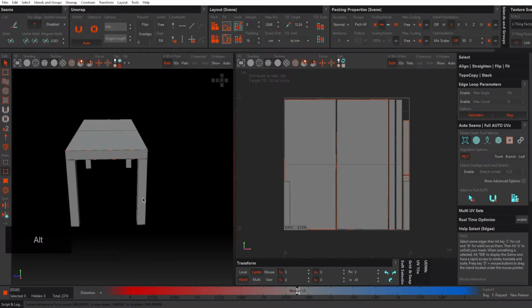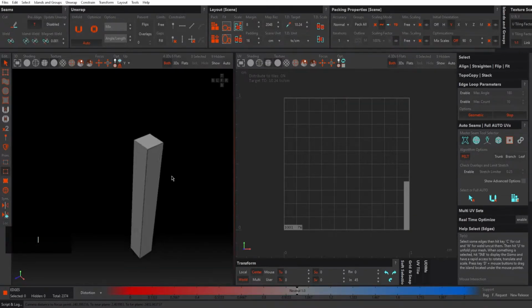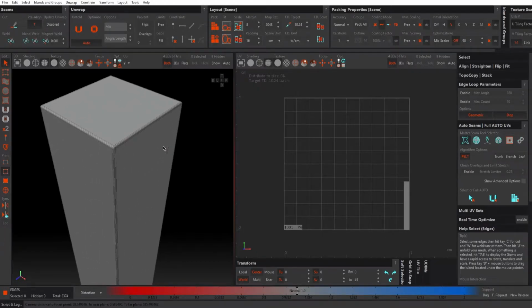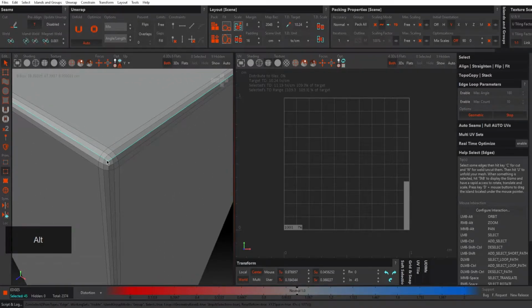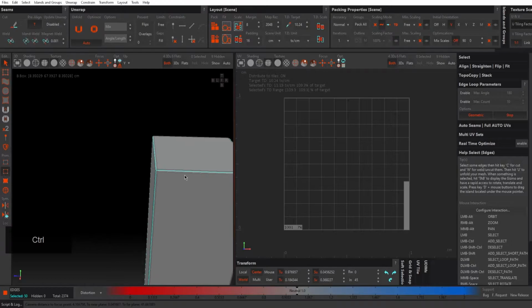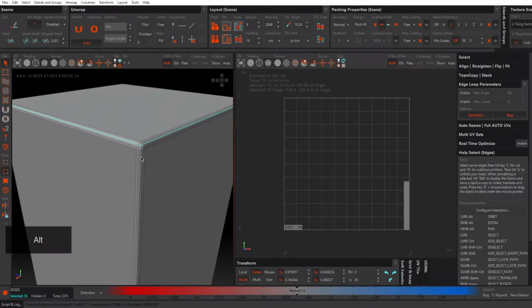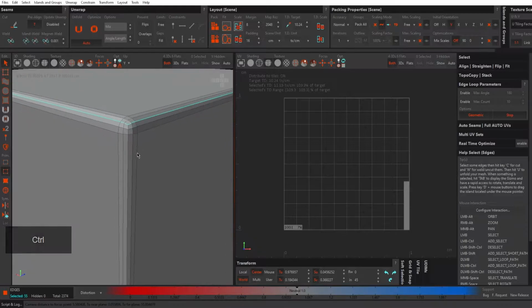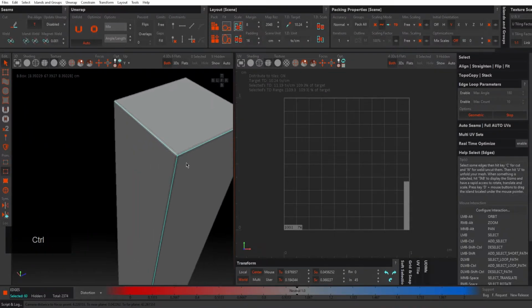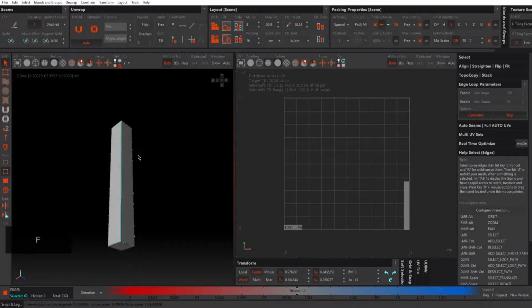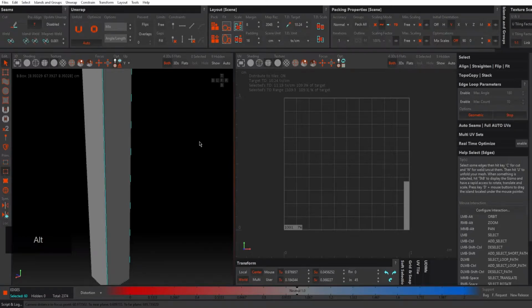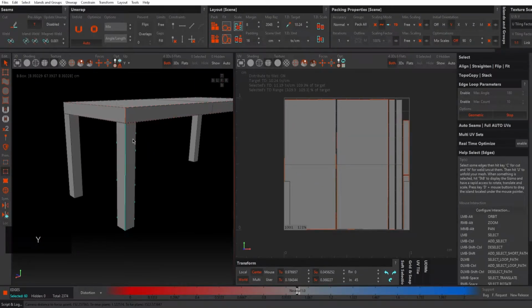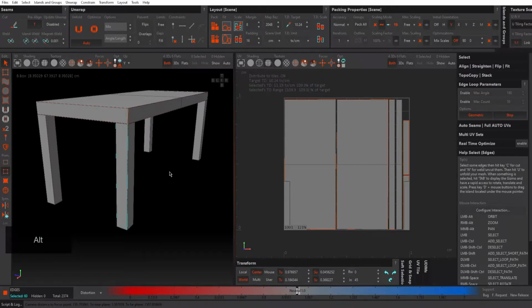And I'm going to hit I to isolate this part of the table leg. And remember, I have this geometric button turned on. Double click these edges, these are done, and possibly the bottom ones as well. Now I'm going to press the Y key to show all, and I'm going to press the C key to cut, and